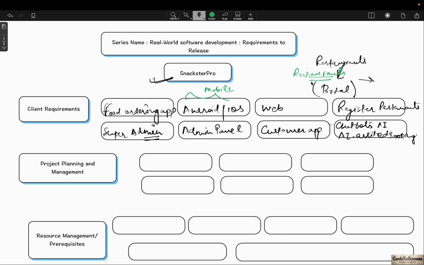Let's call that particular portal a registering portal. Once that restaurant is registered, there will be a managing portal, managed by the super admin, in which the super admin can manage all the registered restaurants. Then once the restaurant owner has registered his restaurant, he will get an admin panel in which he can manage